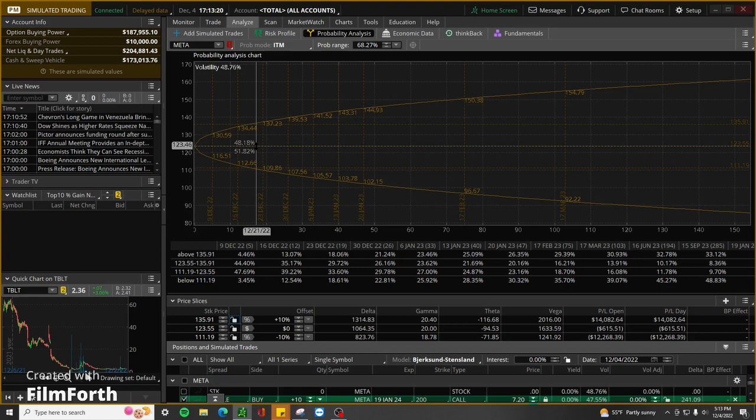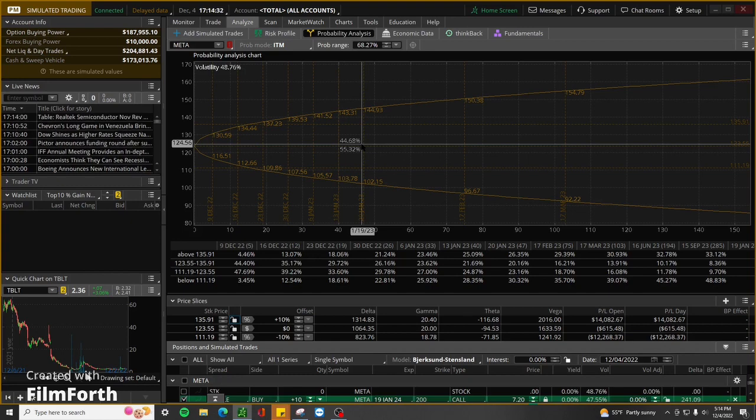19th, we can simply scroll on this graph here to look at that price point. So we just scroll to the left here, let's say January 19th. Okay, January 19th, so we're in February. Okay, all right, so around January 17th, 18th, 19th, right there. So the probability of Meta being above $124.50. Okay, so the probability of Meta being above $124.56 would be 44.68%, and the probability of it being under this price point at that particular date is